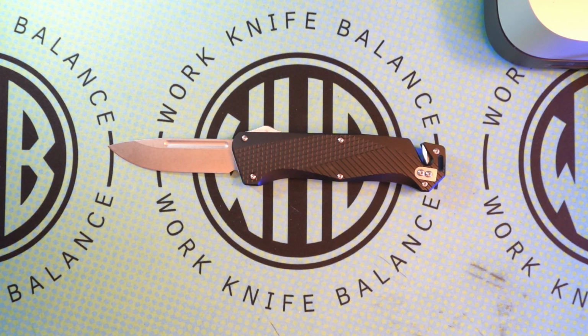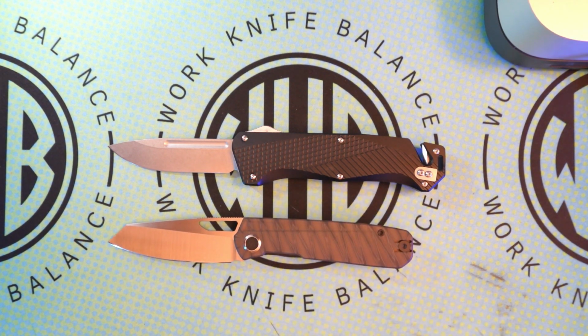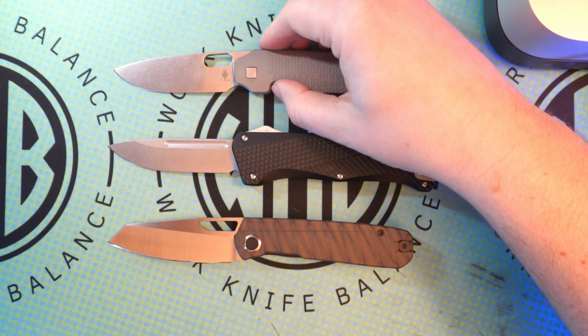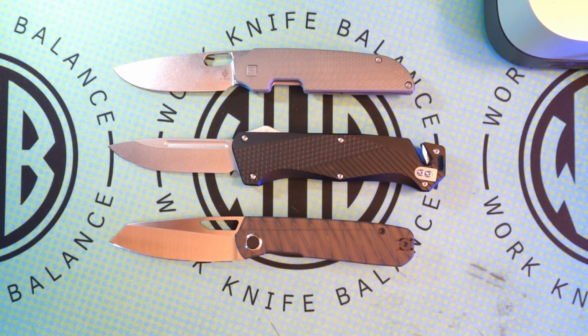Now let's throw some blade comparisons here. In my opinion, we've got the DevoMash 2.5 and then a really good blade comparison right here to the Kaiser Veritas. Both of these knives, top and bottom, are really good compact EDC knives. Great to have in your pocket every day for pretty much whatever you're going to use it for. And you can see there's a really good size comparison in the blade right there, but the Grunt has